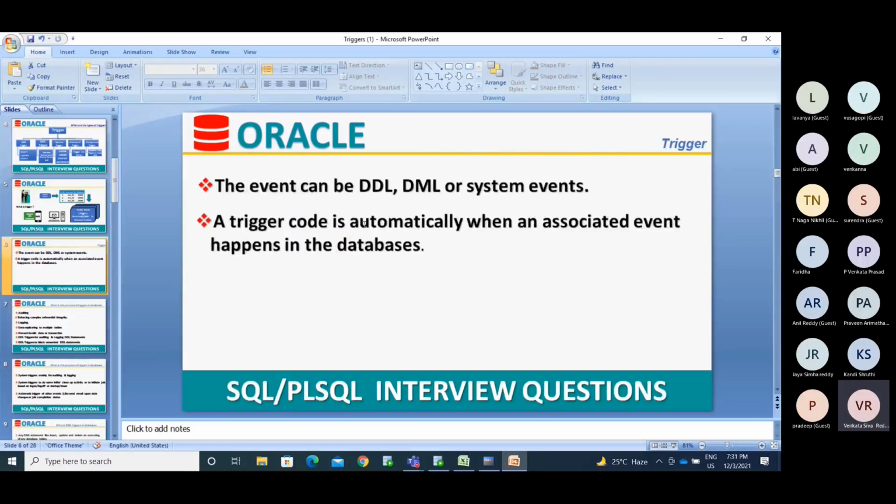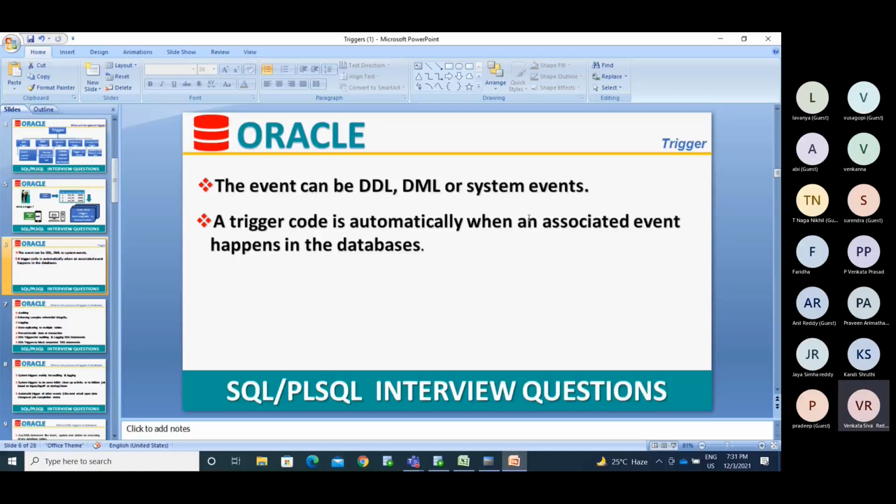The trigger code runs automatically when an associated event happens in the database. If you are inserting data into the table and want to perform some action for that, it happens automatically because the trigger is automatically fired.